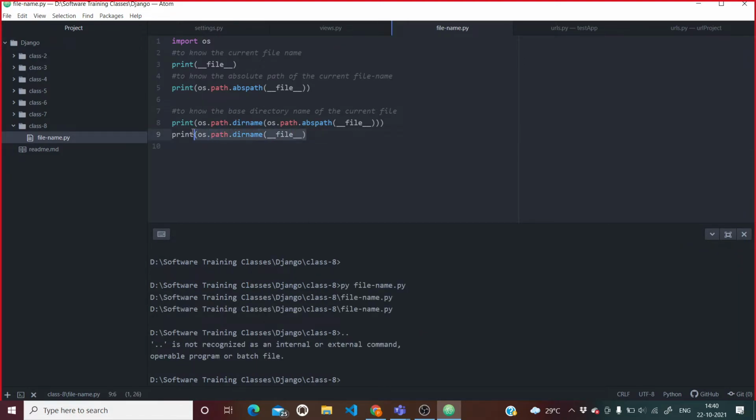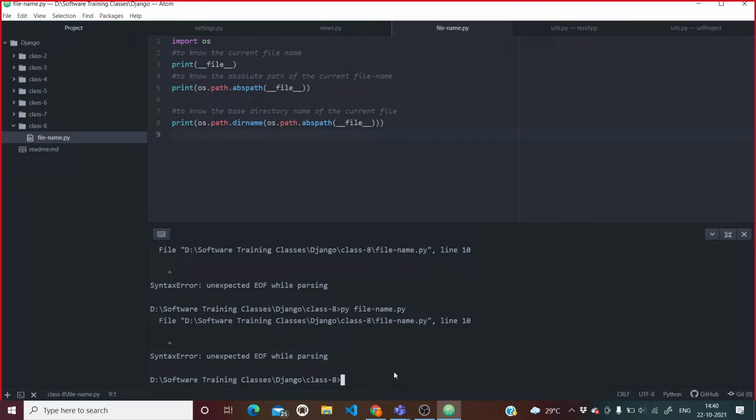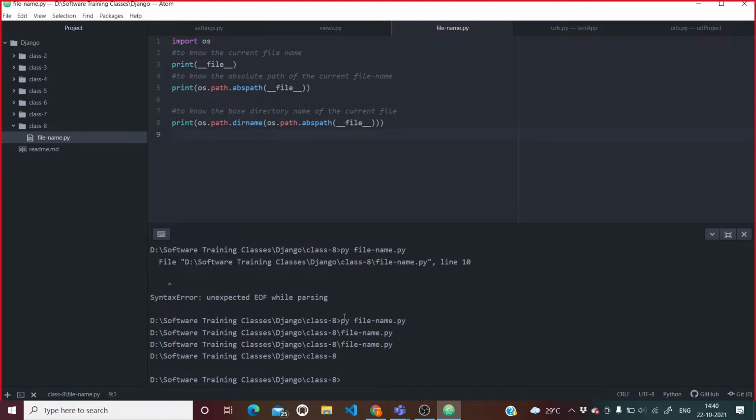I thought that if both give the same output we can replace it, but it's not taking. Let me, okay, I haven't saved it. Save, compile again. See, this time for the two things we have printed, file name.py, and here also file name.py with a complete path.